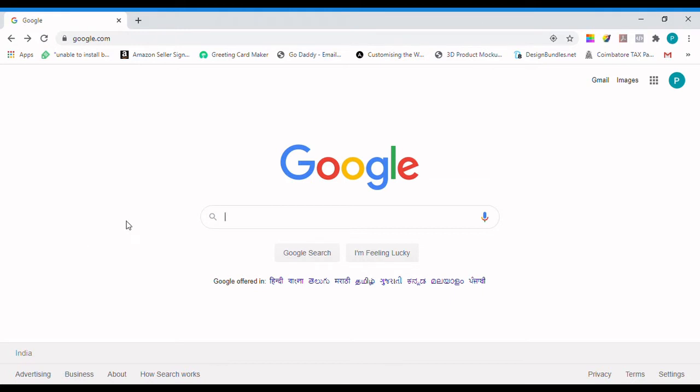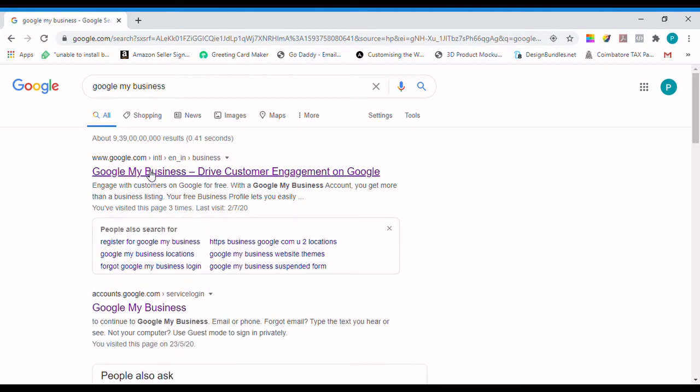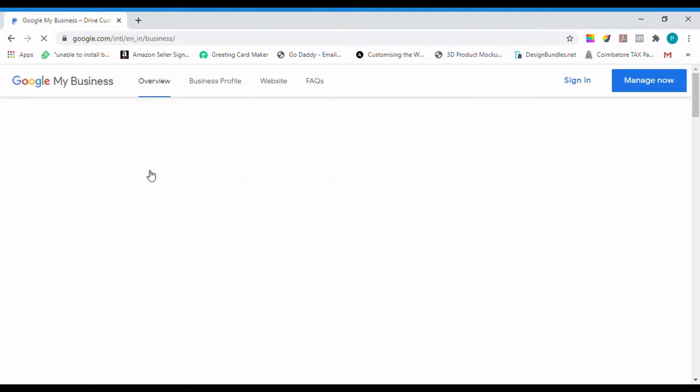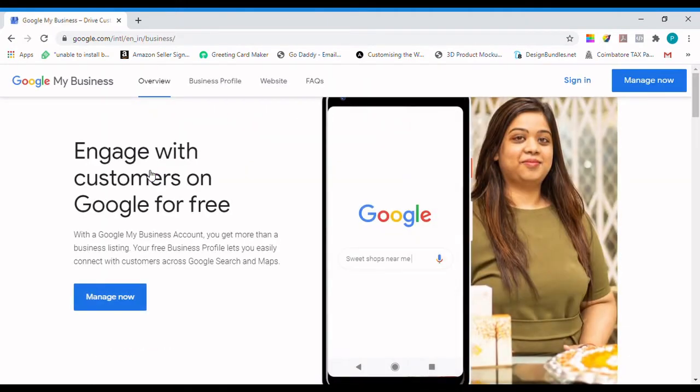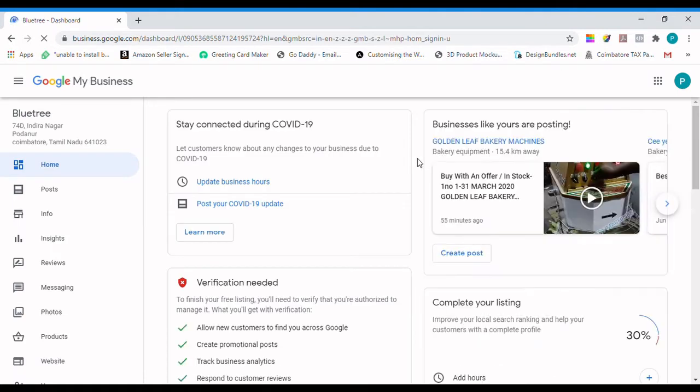Open the browser, go to google.com, and search for Google My Business. You'll find the link, click on it. As I have already logged into my Google account, when I click on sign in, it will not ask for a username and password. It will directly take me to the dashboard.